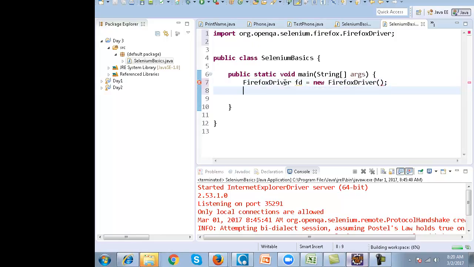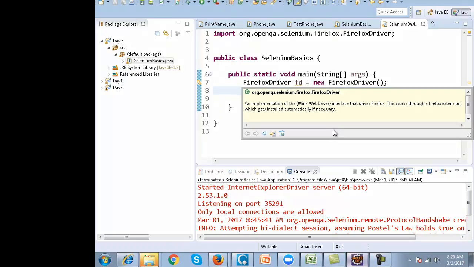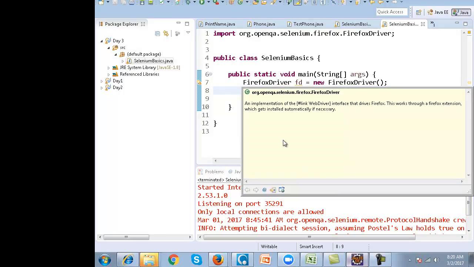Okay, and if you move your mouse over Firefox driver, this will give you the definition of Firefox driver. This definition is coming up from the interface, from the interface WebDriver, this definition comes up from there.